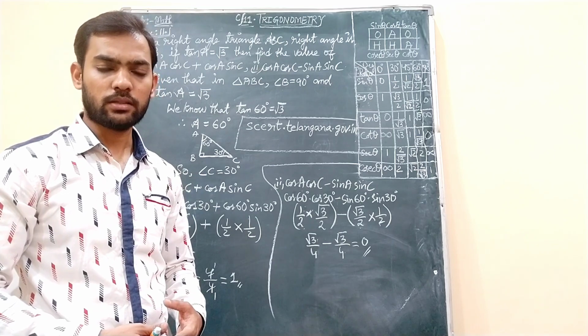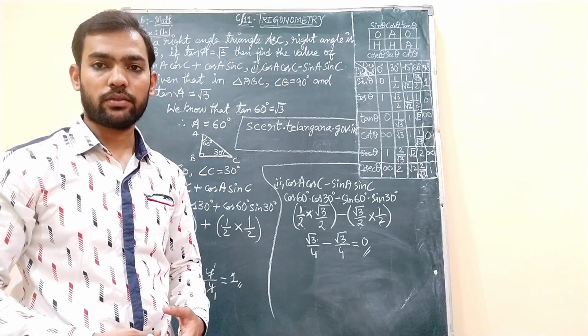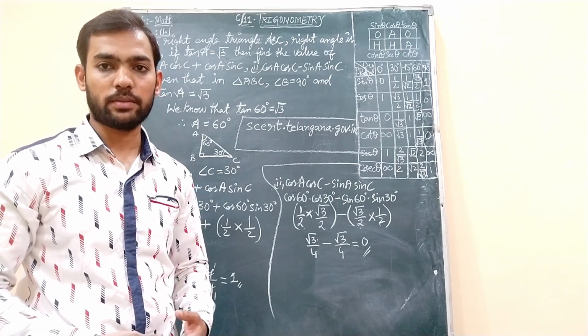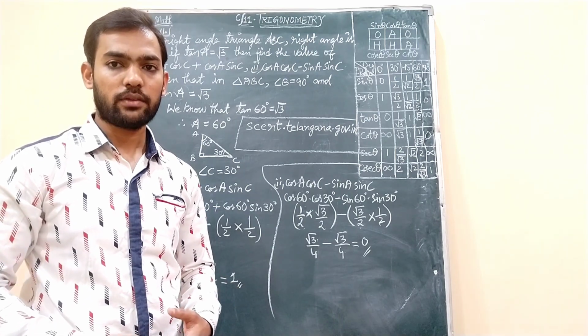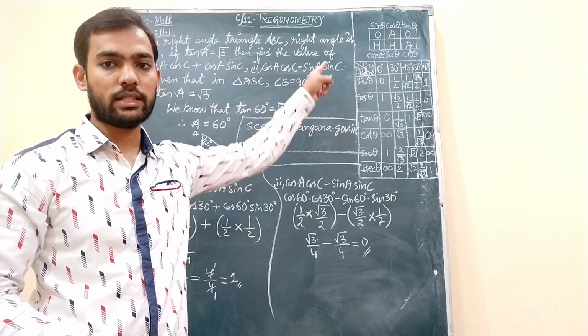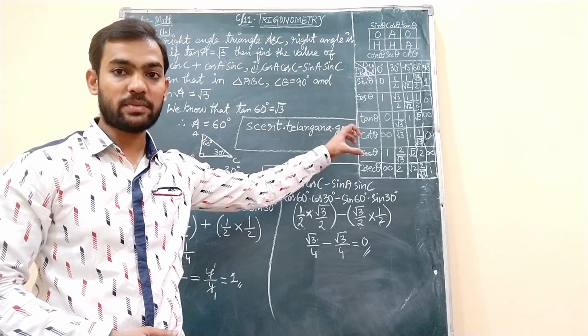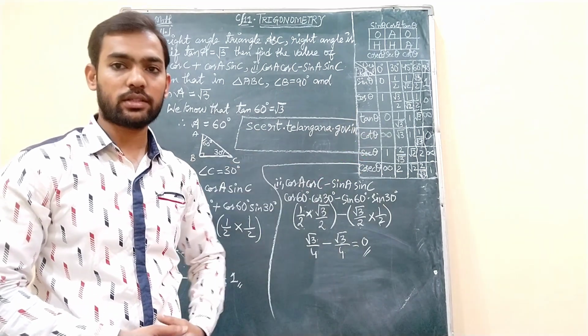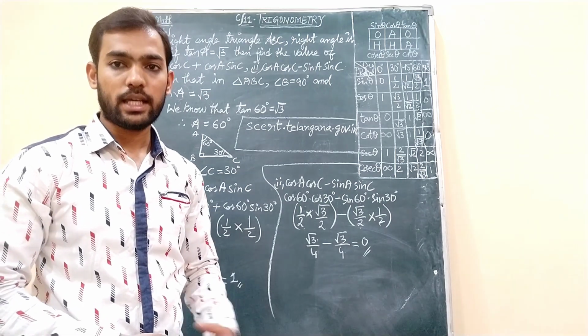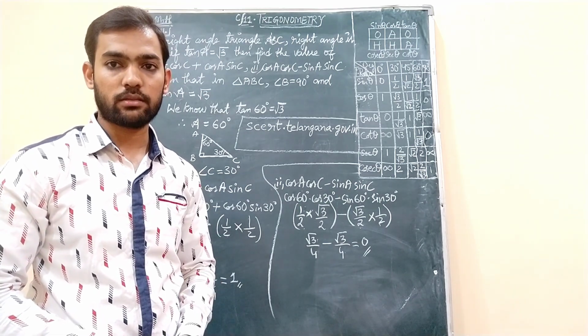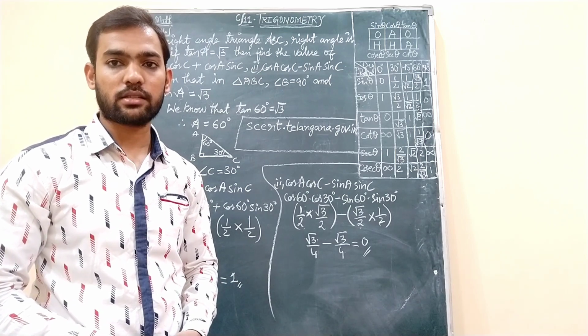Okay, thank you all of you. Hopefully for the next class we will see a different set of problems again, a different set of formulae again. We have seen till now 2 sets of formulae, that is ratio of sides of the triangle and the trigonometric ratios of some specific angles. 2 or 3 more sets we will see completely in our next video. Okay, so don't miss it. Watch out for the next session.